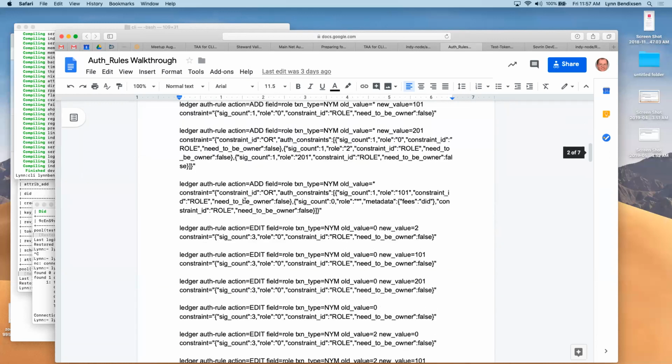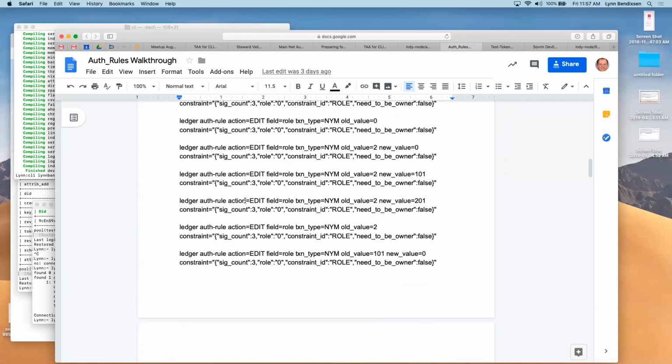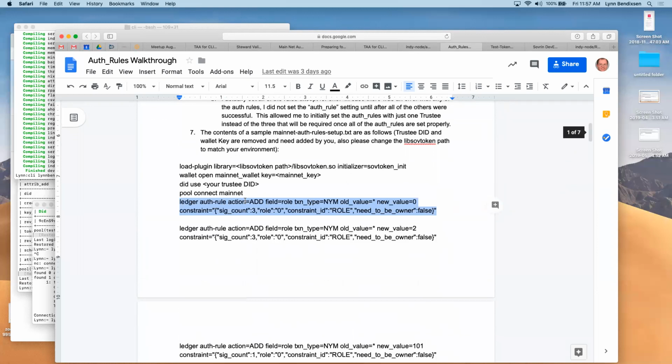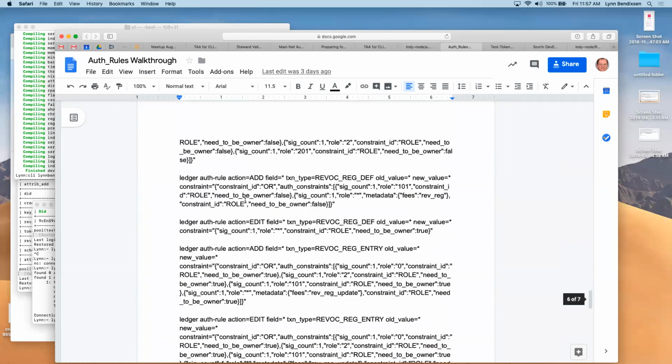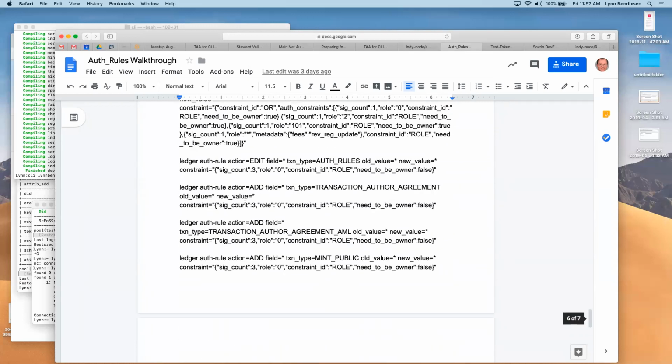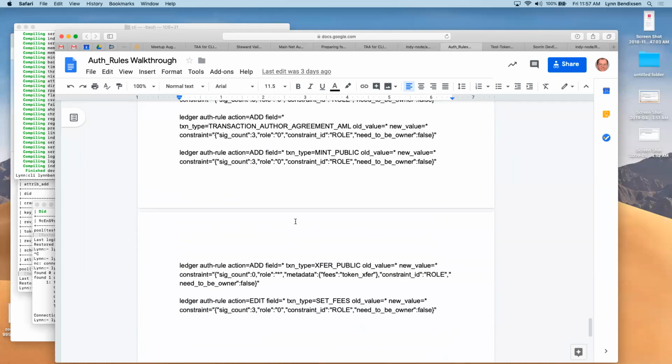I think that's enough of a high-level overview. If you have more questions about auth rules and stuff, just know that I can help you with that. But this is an exhaustive list of all the auth rules and how I set them. One thing we'll get to in a minute, you may notice here, is that inside some metadata fields there are some fees. We'll talk more about that in a minute. I just want to bring your attention to it so that as we do some token testing, the fees also go into these auth rules for how much to charge for things.